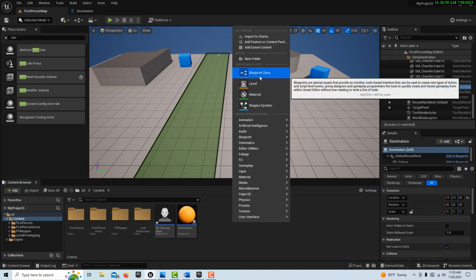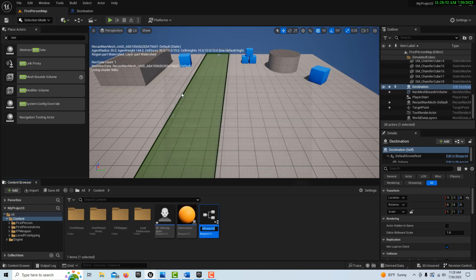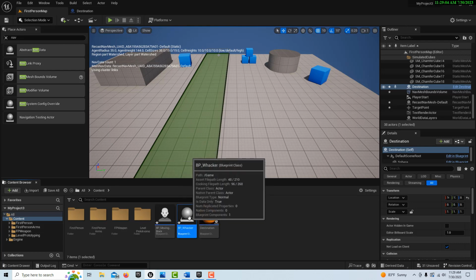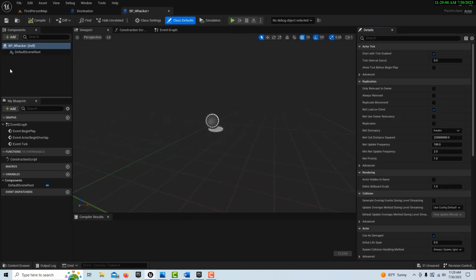And we're going to right click, and this is going to be an actor. And I already did a tutorial just on this, but we're going to call this BP Whacker. And we're going to double click into this and dock this. So this is just following another tutorial I just did. And we're just going to add